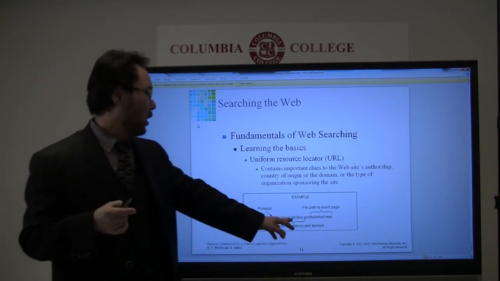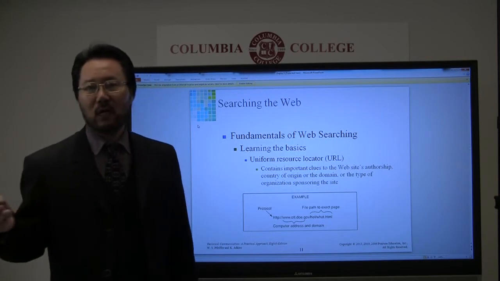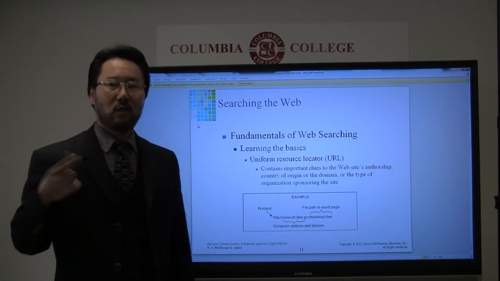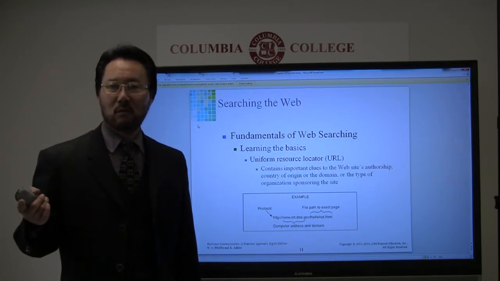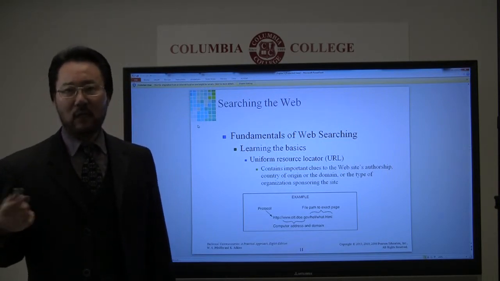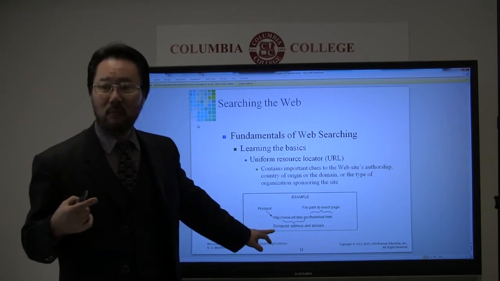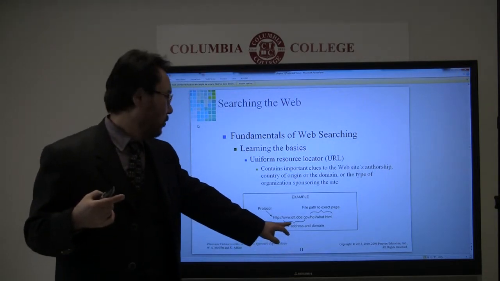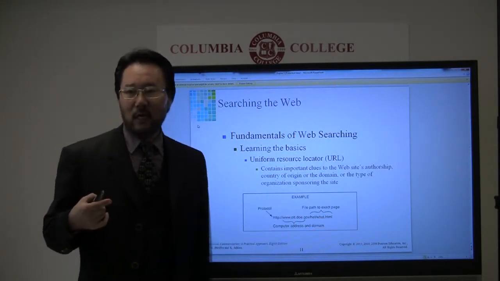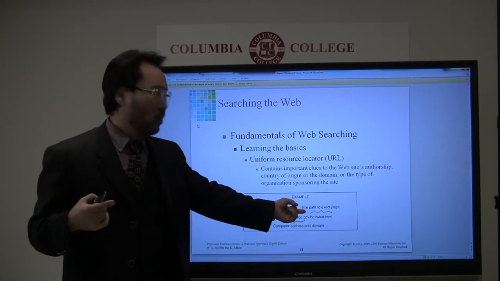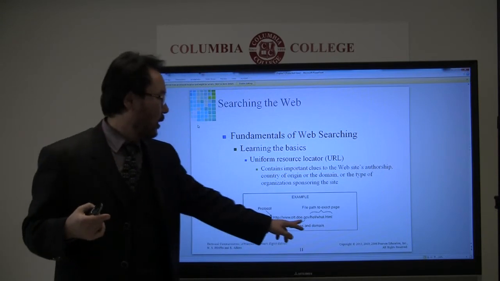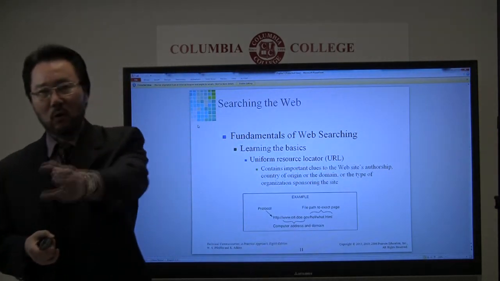If the last part is EDU, it is some type of research paper from a university. Or it can be a general .com, meaning it is from a specific company. It can also have the domain name in the company's name. Then after gov, the /hel/what.html is the so-called file path to the exact page. This is their domain name, and this part goes into a more detailed document, locating the exact file.